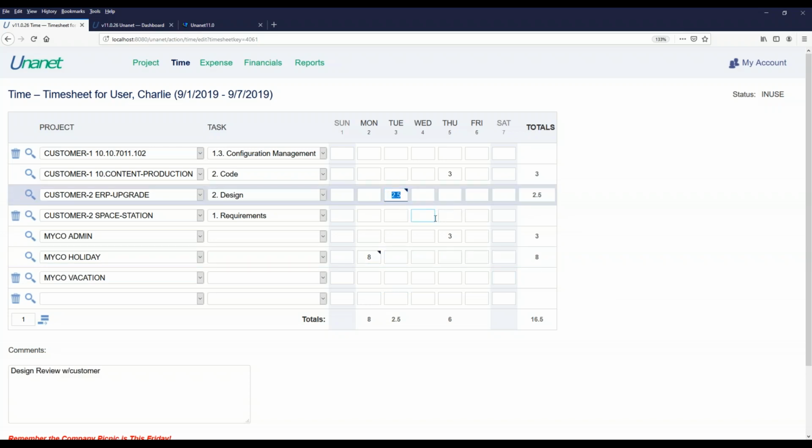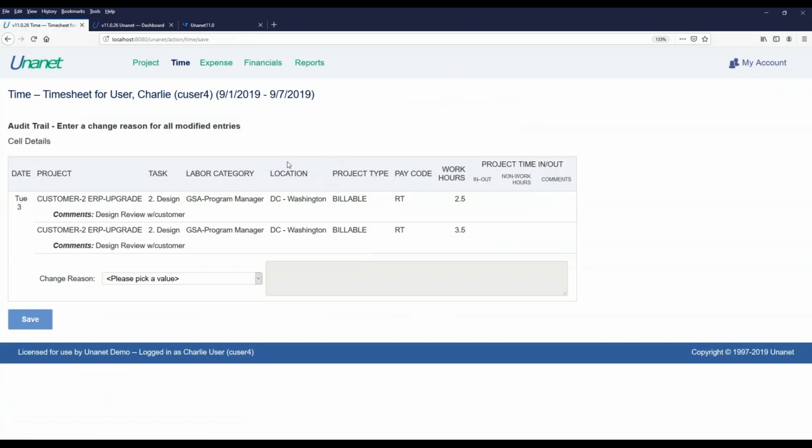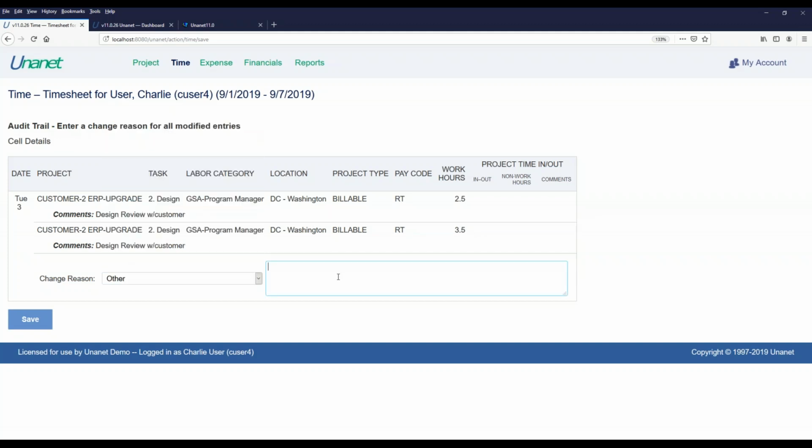We went through the PowerPoint slides and talked about a number of needs, one being the ability to keep track of everything that has happened to committed data. Let's say I came back later and did a little more work on this project. Let's say I did another hour, and I come back and change previously committed data. Now when I go to hit save, the system is automatically going to record original data, new data, who made the change, when they made it, and why, provided you have turned on this function. You can give them a list of reasons, or